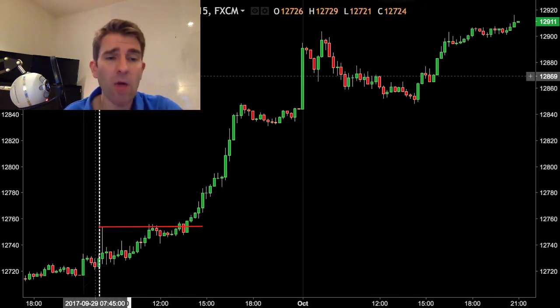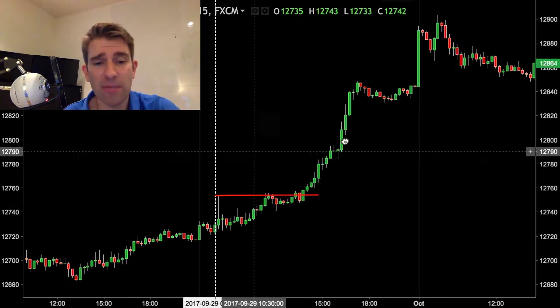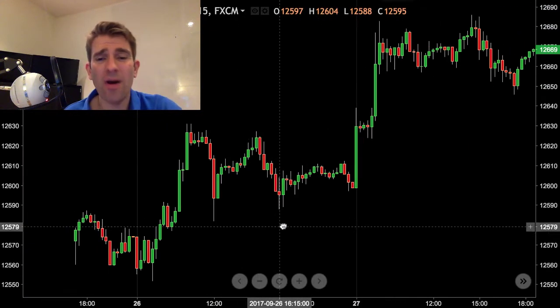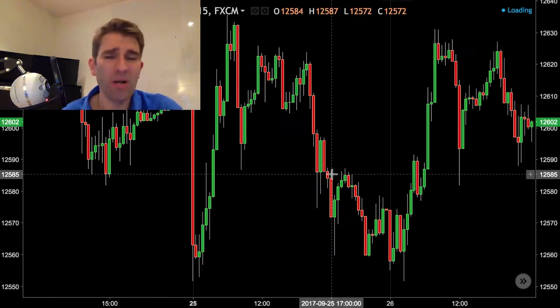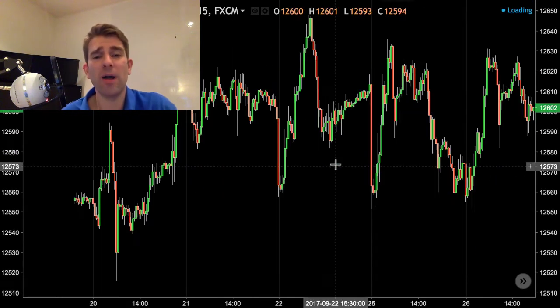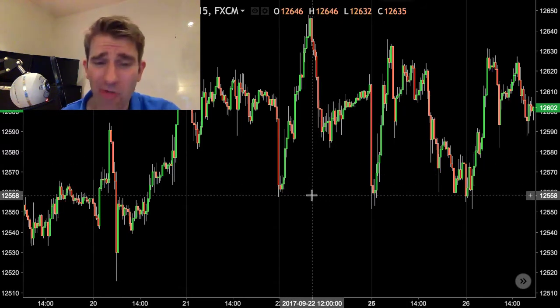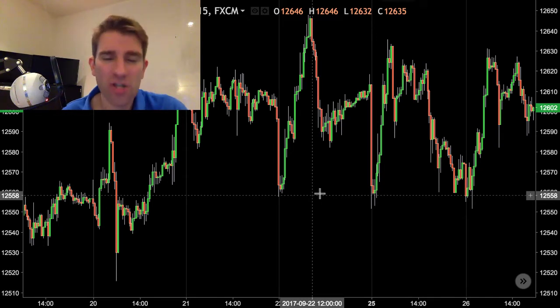So I might say to myself, if I'm buying that breakout there, it's got to happen pretty quickly, otherwise I don't want it. It's the same as if you were buying a double top or a double bottom. Listen, if it's going to hang around below the low that I've bought at, I just don't want it.